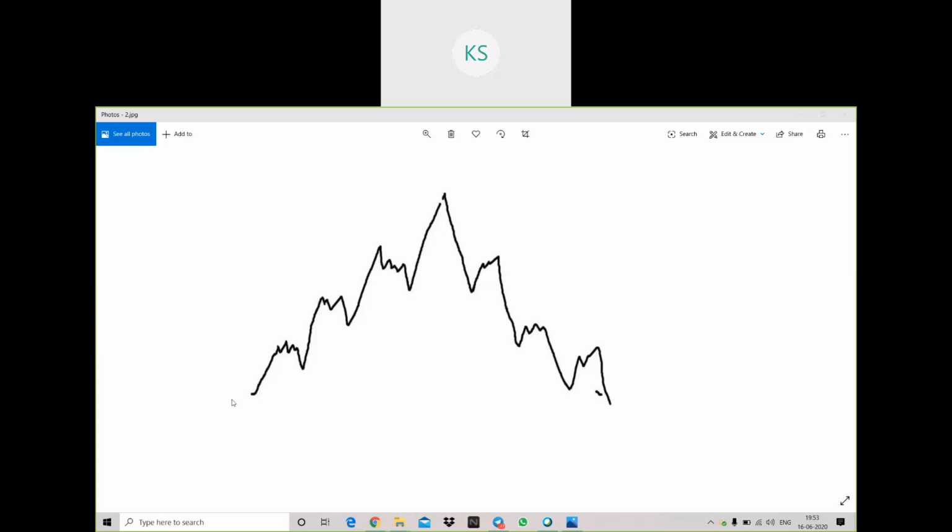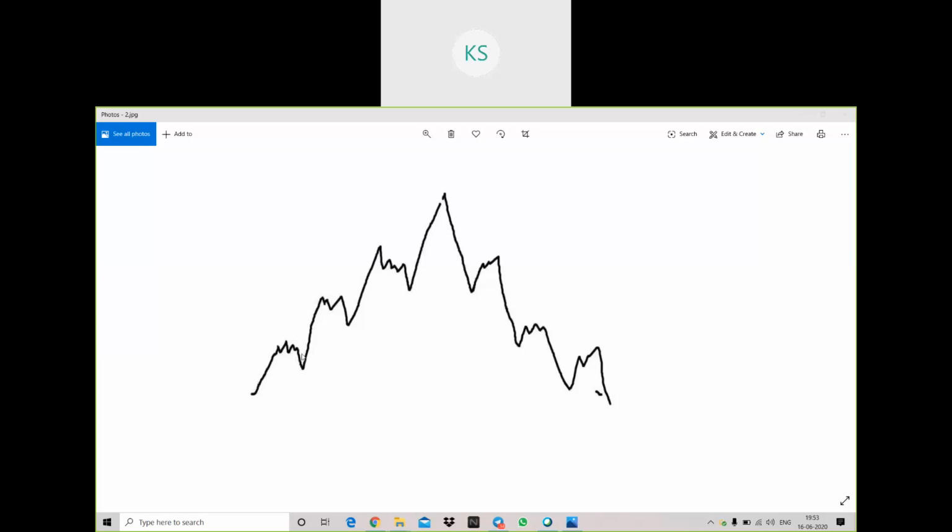So see, from here to here it was in an upward trend. So this complete portion is against the main trend. So the main trend here is upward. I'm just speaking about this part, and this small portion, if you see, this is against the trend. Okay, this is the main trend, upward direction. When the stock is going on the downside, that is against the trend.